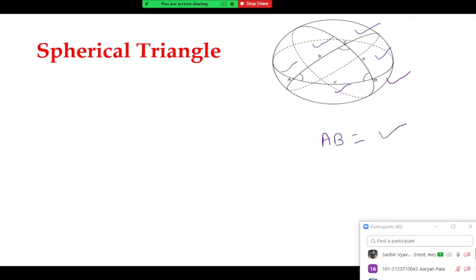This is the given. Or in some cases, instead of side AB, they will mention small c is equal to something. So you should be able to identify whether small c is a given or capital C is a given. So you should have a clear look between them. If small c is given, the side is a given. If capital C is given, the angle is a given. Capital AB is nothing but small c only.